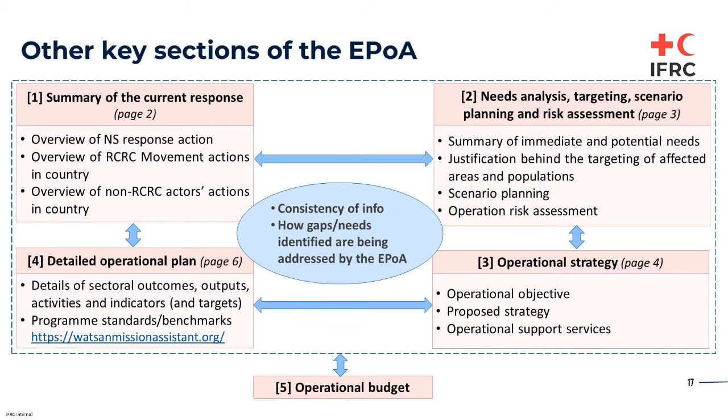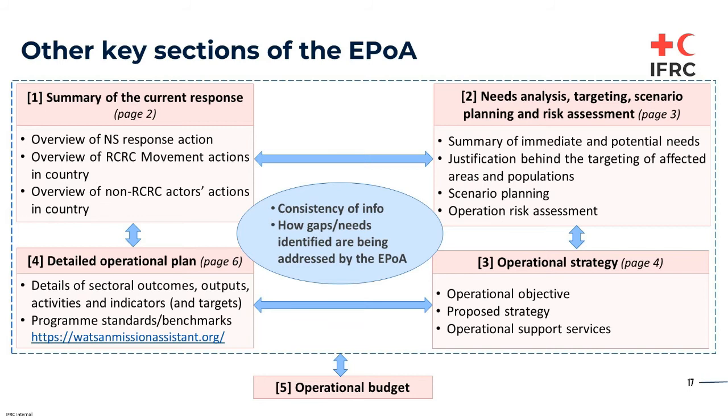This is important because if the National Society is not planning to address some of the identified needs, it is crucial for the technical team to know how these needs are being addressed on the ground, either via the government or other organizations. In the needs analysis section on page 3 of the EPOA template, this is where immediate and